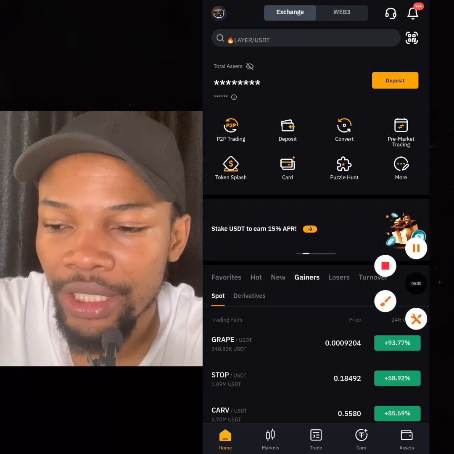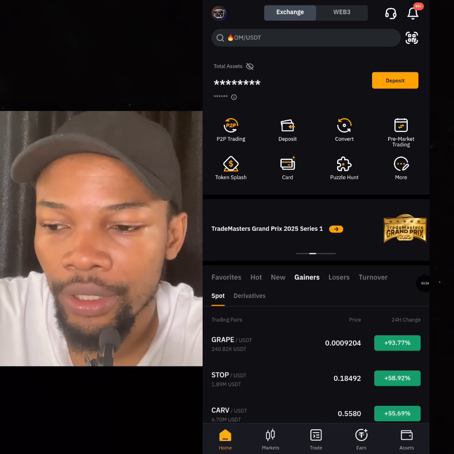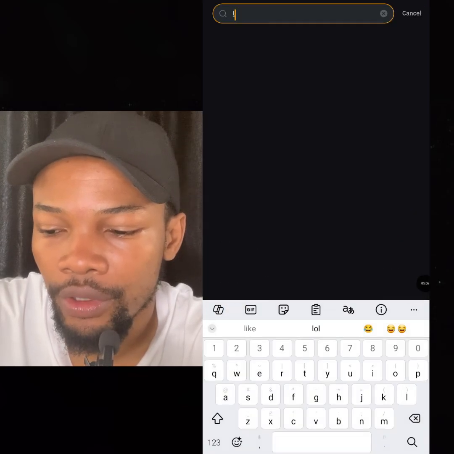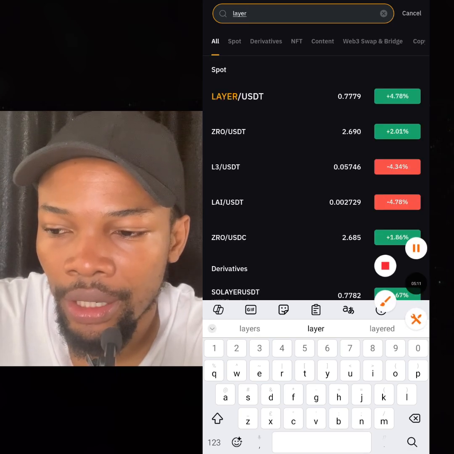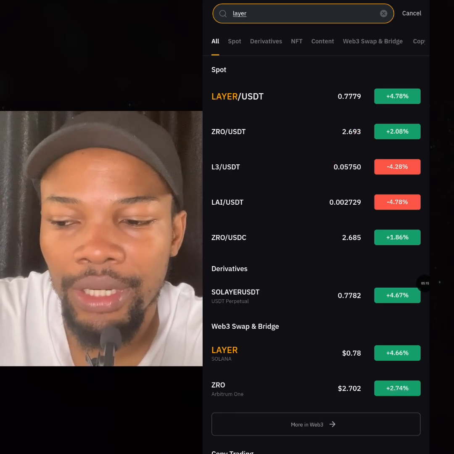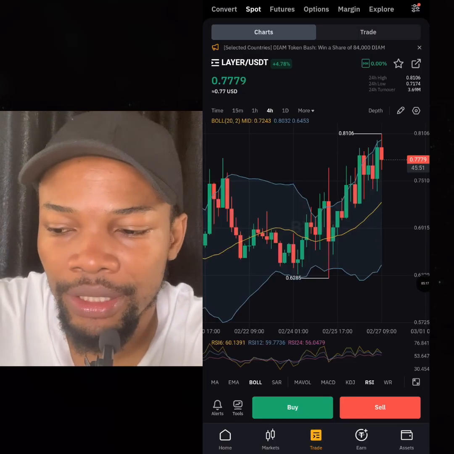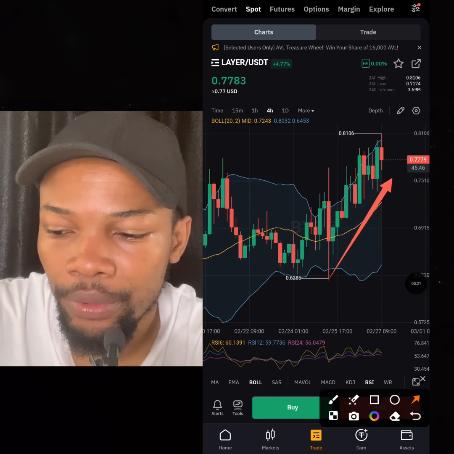If you are looking for where I'm seeing these cryptos from, you can find it here. So let's check out layer. Okay, I saw layer there. So layer is here. You can see layer has done around 4.78%, and this is actually still nice. You can see the price has been on an uptrend, but let me put it on the 1-day